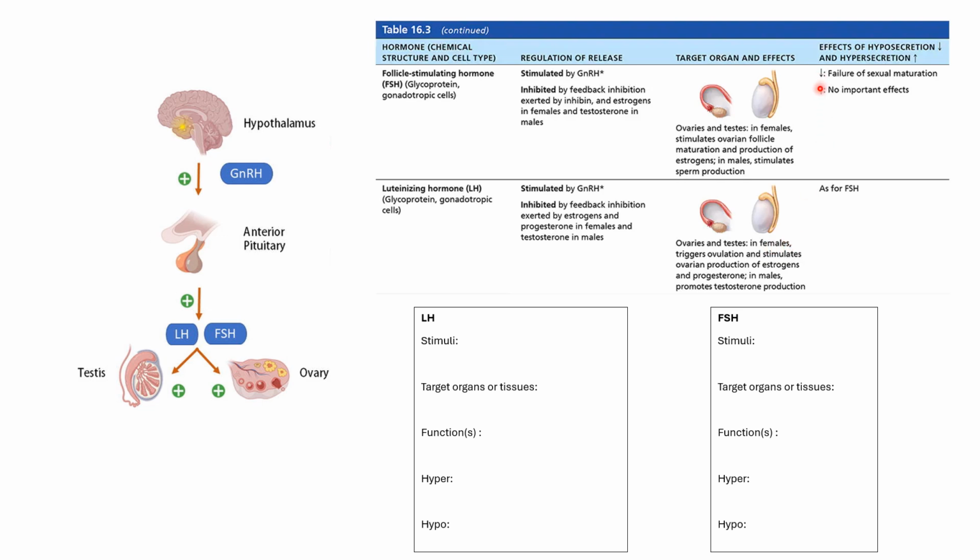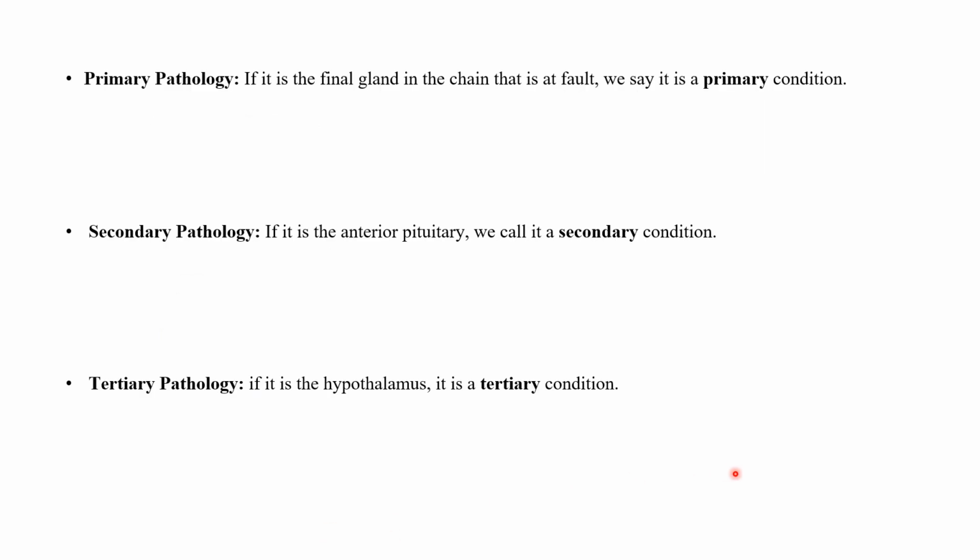And what happens when there is too little secretion of follicle stimulating hormone and luteinizing hormone? There is failure of sexual maturation. And when there is too much stimulation, there are no important effects. So from this chart, you can fill all of this. Let me move ahead. Okay, so now in your lab manual, you will find a page which talks